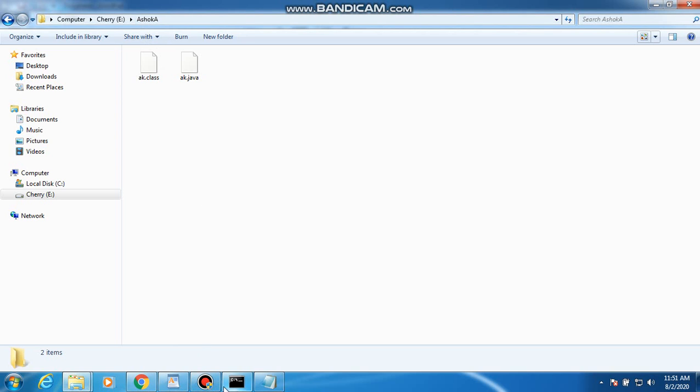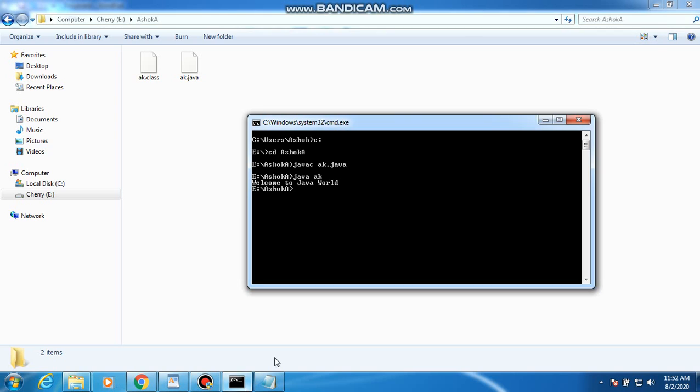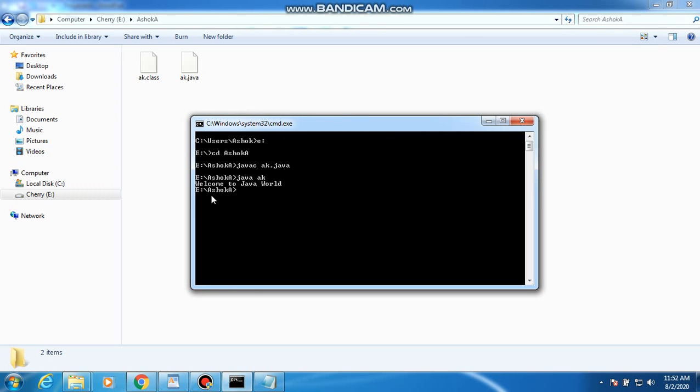Then you can open the command prompt, then move to that folder. Then you can compile that program using javac space filename.java. Here AK is the file name. So javac space AK.java, it will automatically compile.